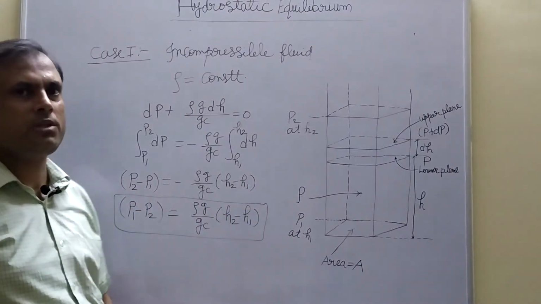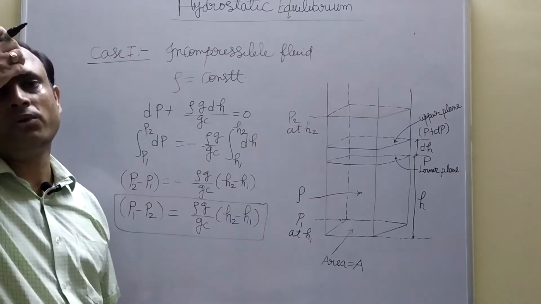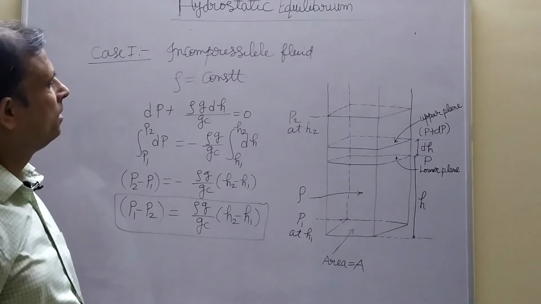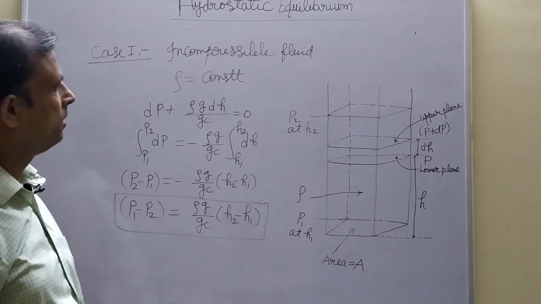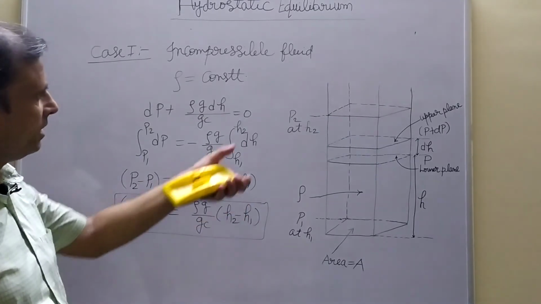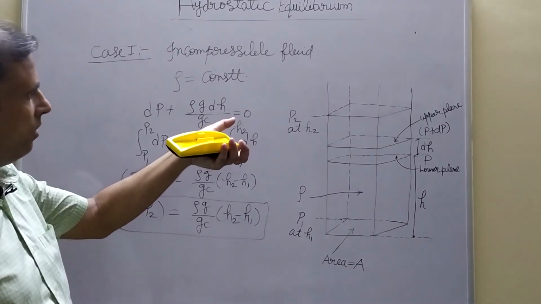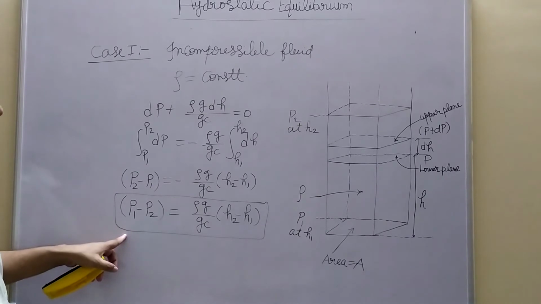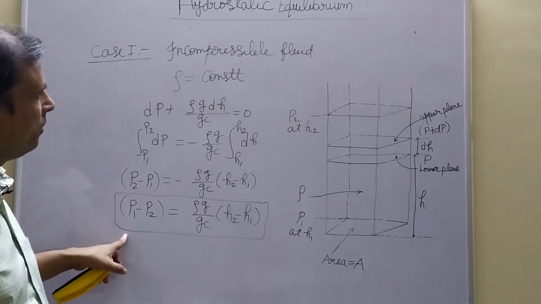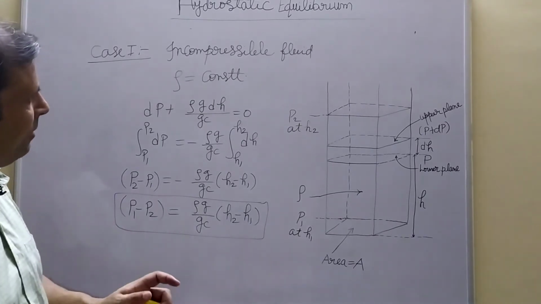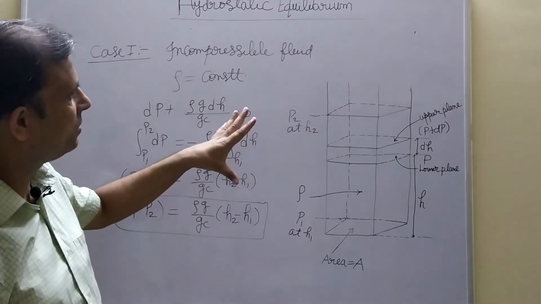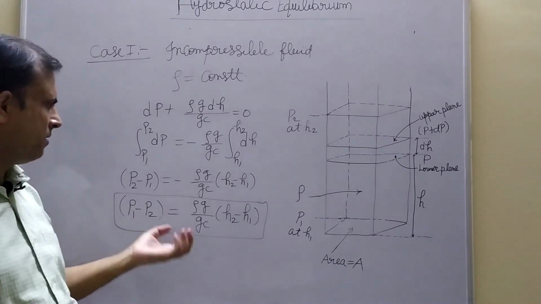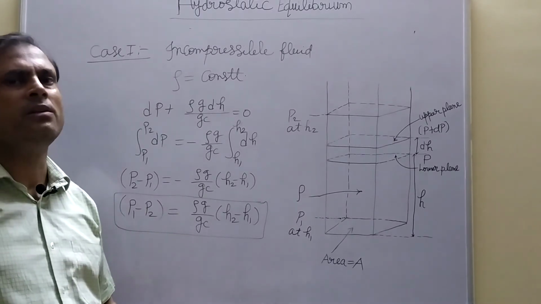So this is the equation for calculating a pressure difference in a static fluid. Okay, static vertical fluid column, for an incompressible fluid. Or we can say that when the incompressible fluid is available in a vertical static column, we can calculate height by using this. In general, pressure decreases when height increases.